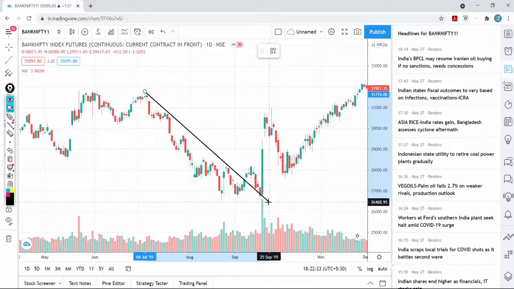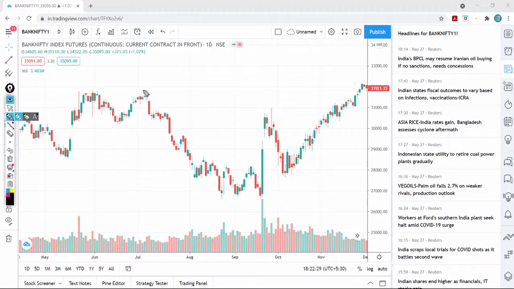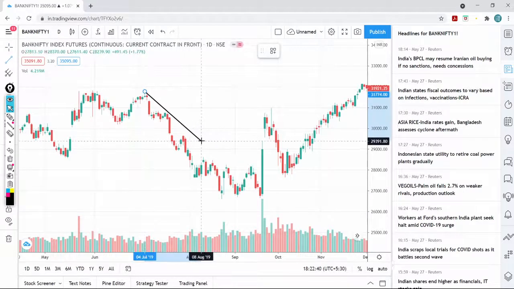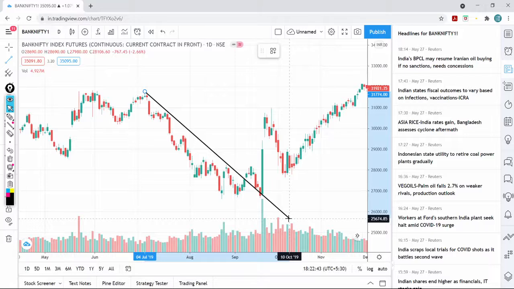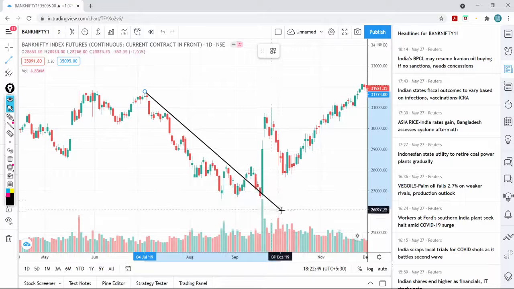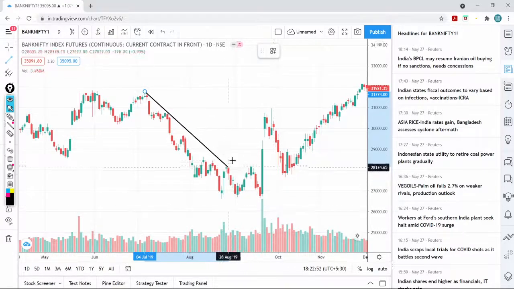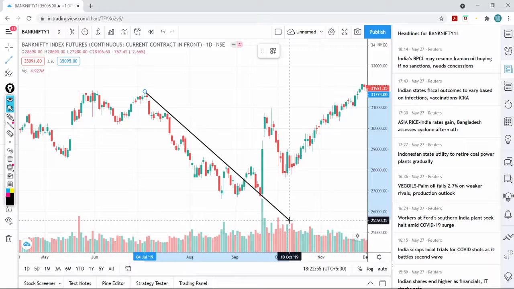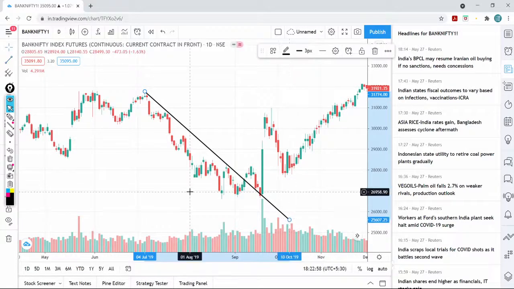Now we need to choose the next zone. What is the next zone? Before drawing it, let me tell you. This is zone 1, and this was a small up move. This was zone 2, from which price fell very fast. So now we need to mark down this zone, zone 1 and zone 2. This is zone 2 which I am marking here. Next, this is zone 3. I'm just clicking on all the zones to draw a trend line: zone 1, zone 2 and zone 3.